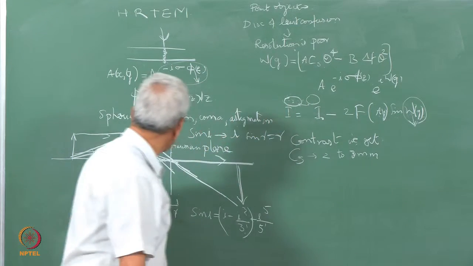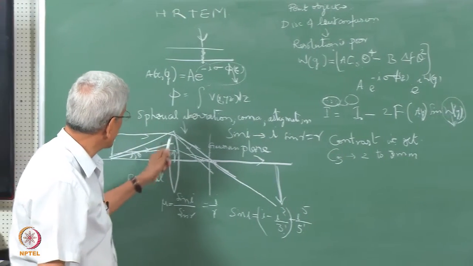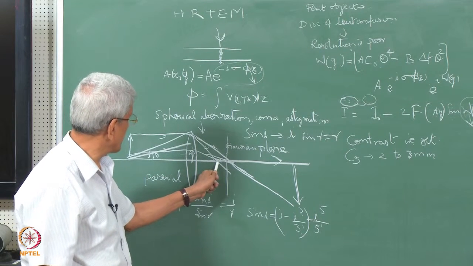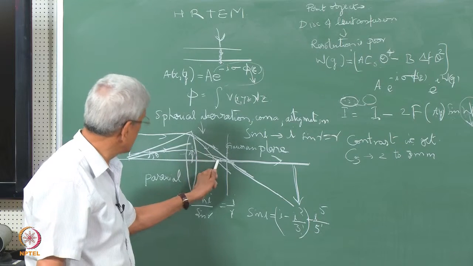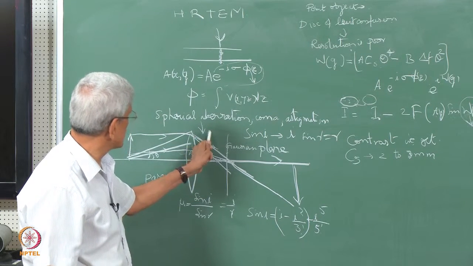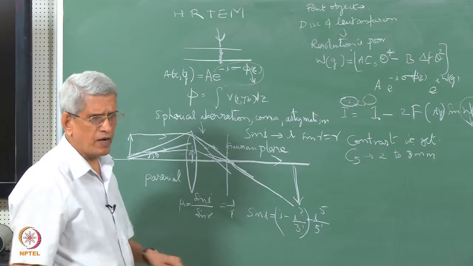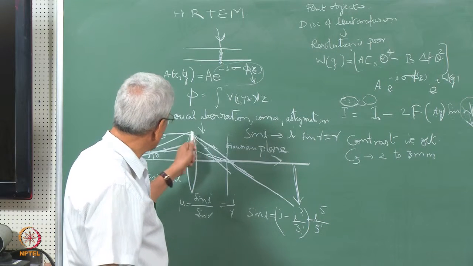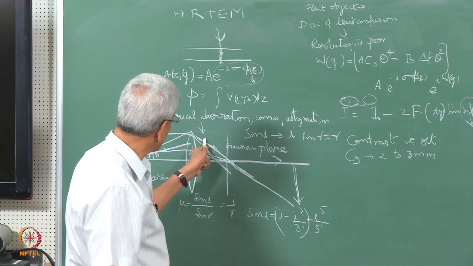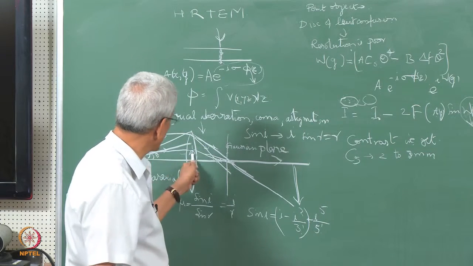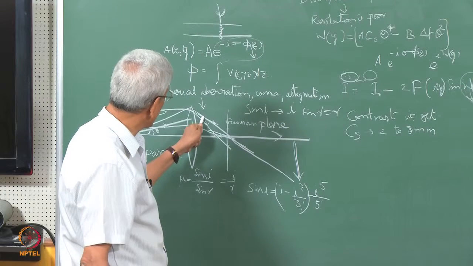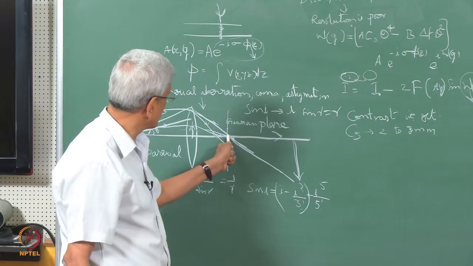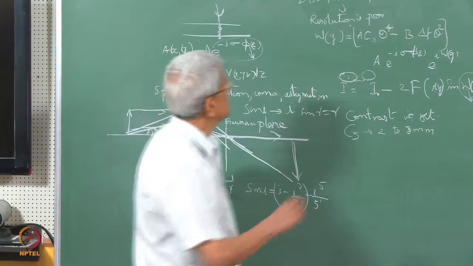As we have seen, the rays which are far away from the optic axis are brought to a focus before the back focal plane. If we use some quadrupole lenses, which we have seen are used for astigmatism correction, the rays which are far away from the optic axis are affected by that, but the rays which are closer to the optic axis are not affected as much. Because of this, they can be used to correct and bring the rays back to the back focal plane. This is precisely what is being done.